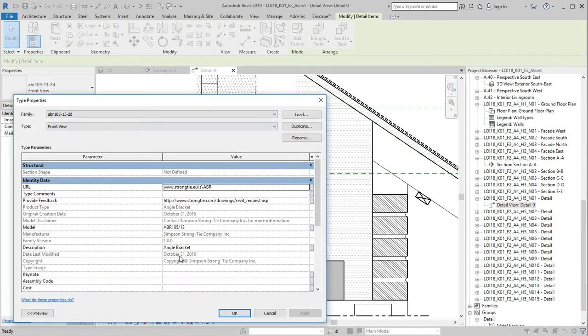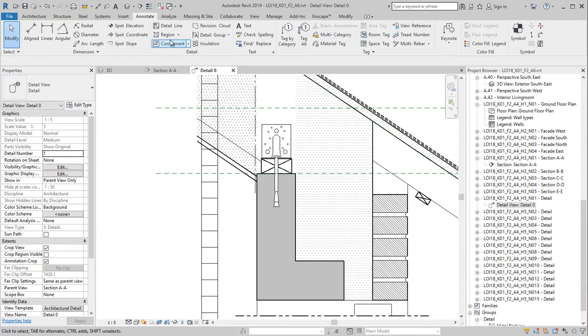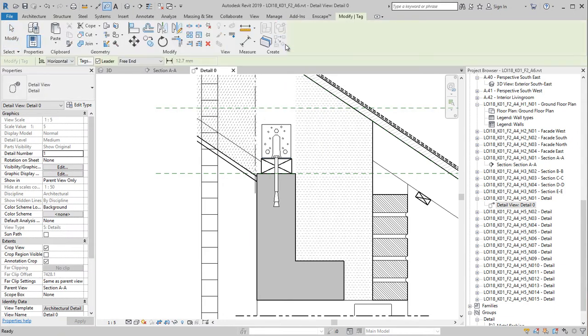When we have placed detail items, you can see we have a lot of parameters in the different details. So instead of adding text manually, what we can do is add a tag instead,